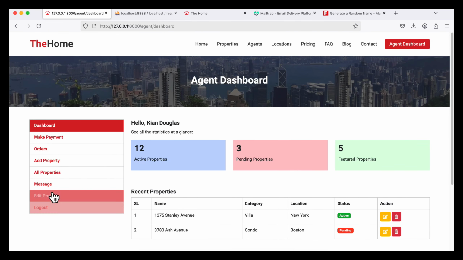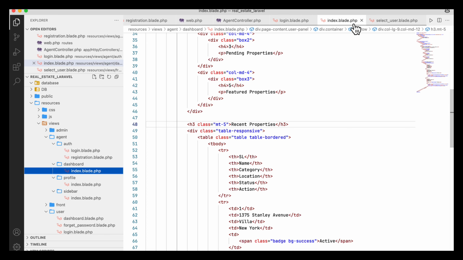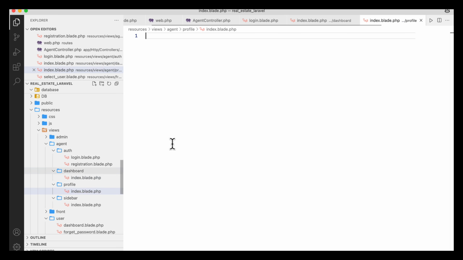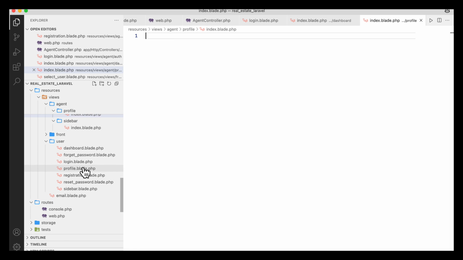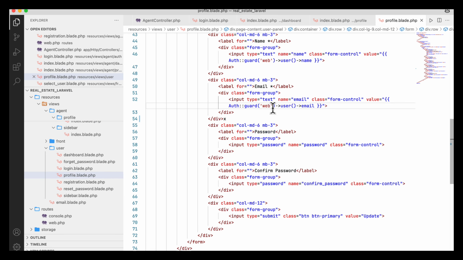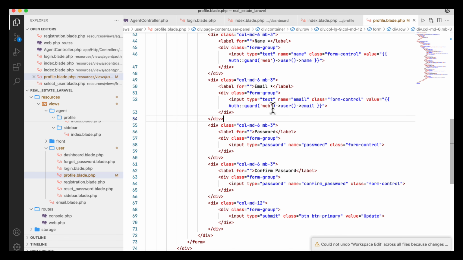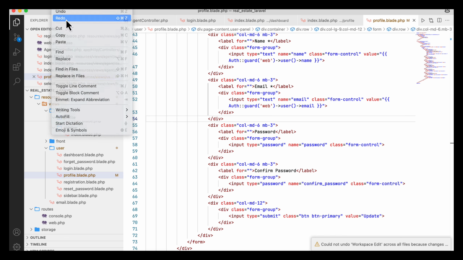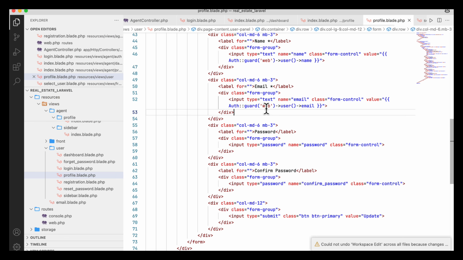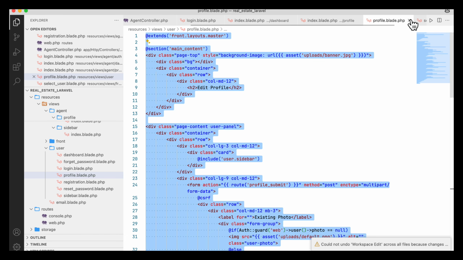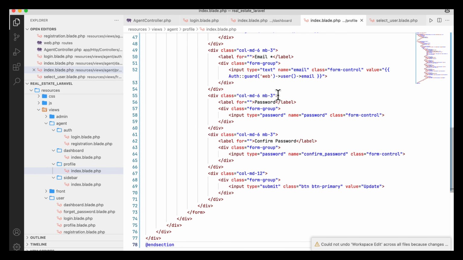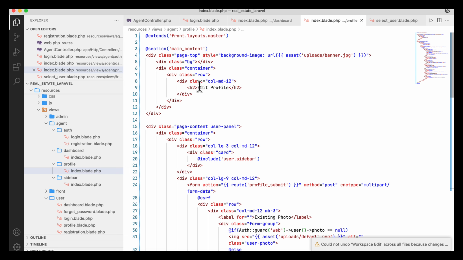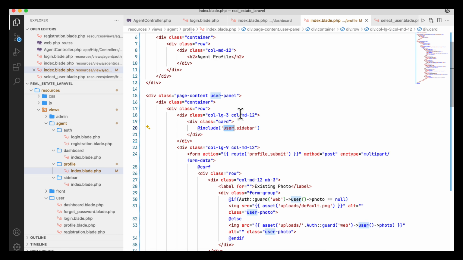Now I am going to show you how to work with the edit profile here, and here you see there is a profile. This index is completely empty for now. Okay, so I am going to copy this from the user profile, and from here edit. Okay, I am going to copy the data from here, and in index.blade into the profile folder I am going to paste it. So here it is agent profile or agent edit profile, whatever you want you can give here, and here it will be